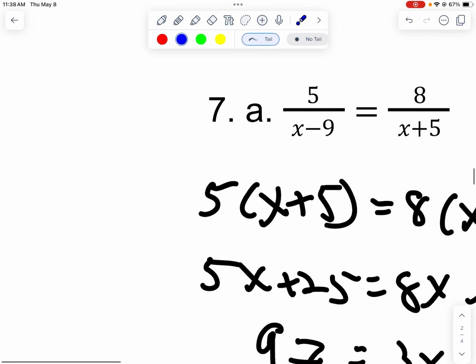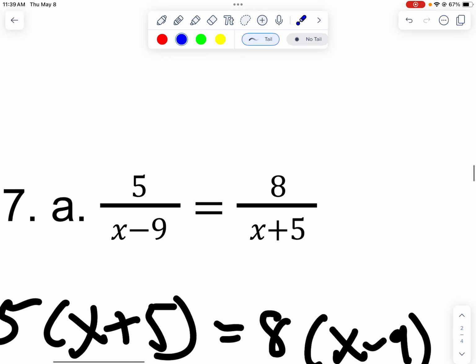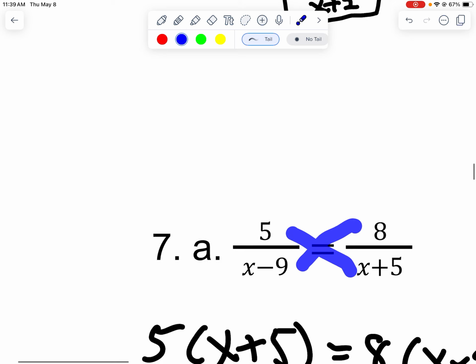Okay, moving on. Here's 7. Now we're doing solving equations. 7 is simple proportions, which basically means you cross multiply to solve. It's the easiest way of thinking of it. And then 8 is uglier equations. So here we go. Cross multiply to get rid of